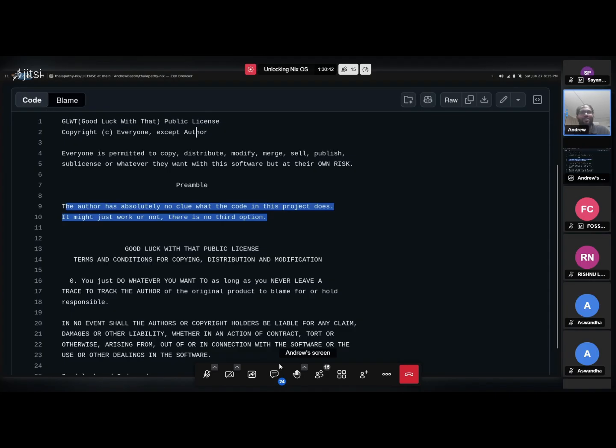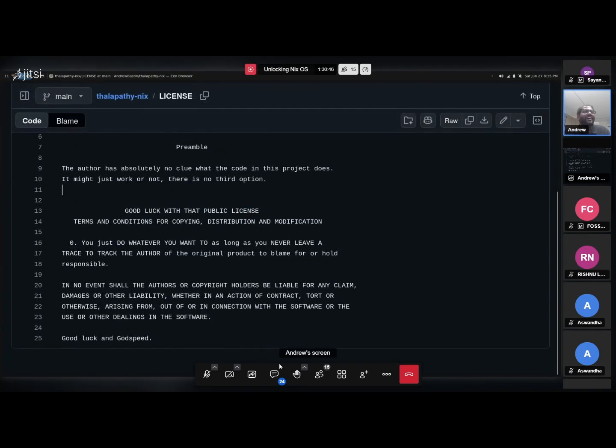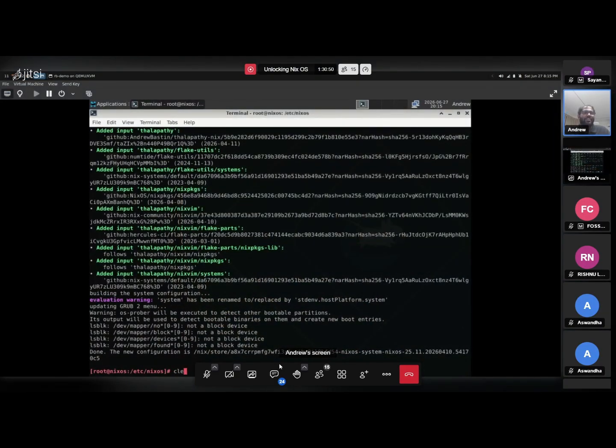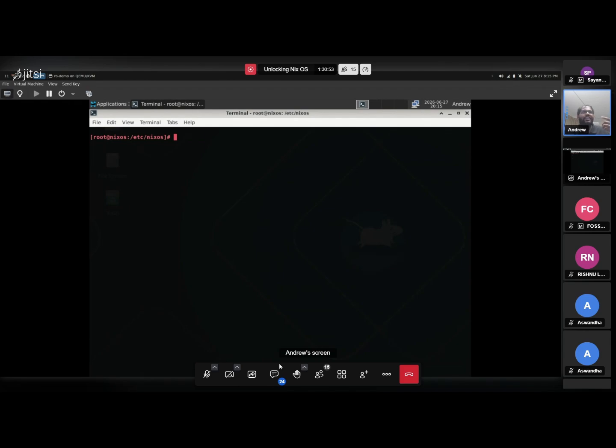The author has no clue what happened here because I just wildcarded this with Claude live at FOSS Meet. So I don't know what is happening here. It will probably be broken. But it's there. I said nixos-rebuild boot, which basically means next time I boot, I boot into the new OS.